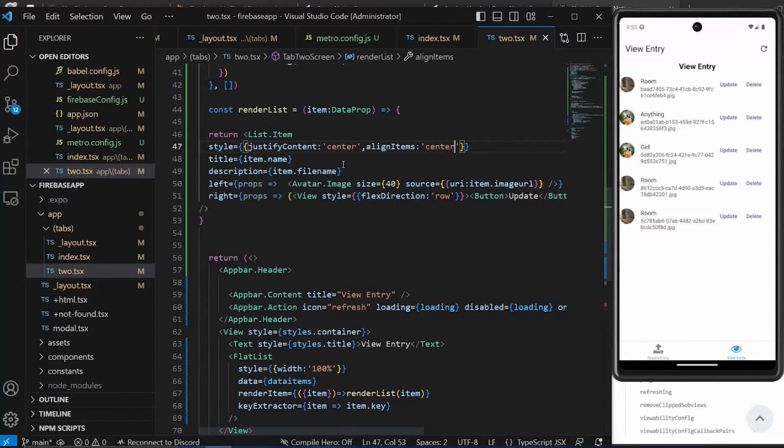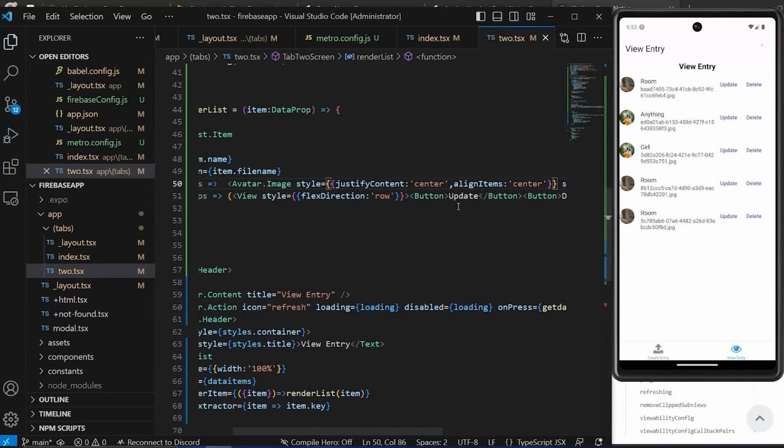Still nothing we have. Let's just copy this whole style thing and do it individually for this one. Let's just do it for this avatar image. What will happen if we place it over here? I think we'll need to align self